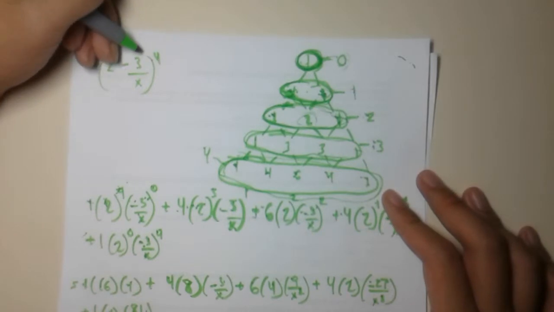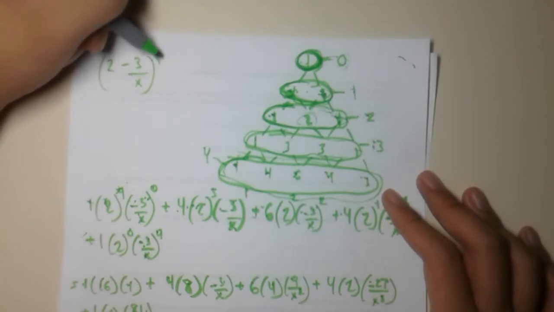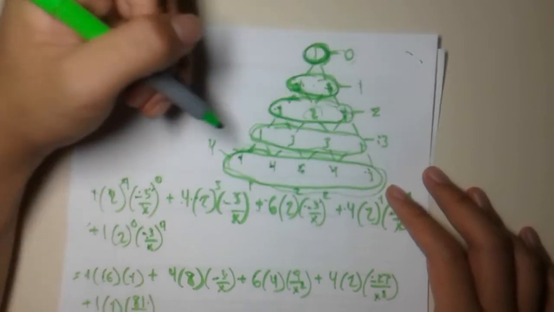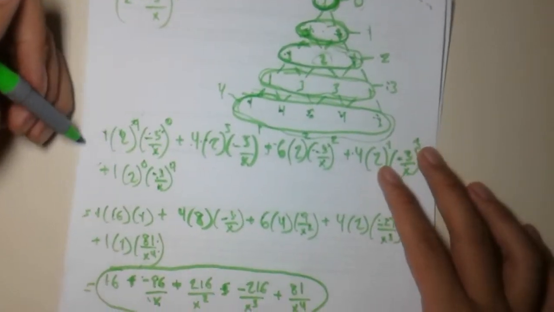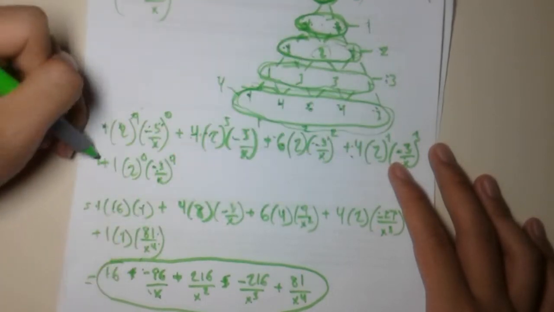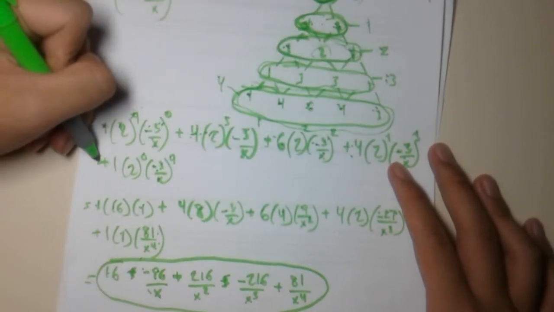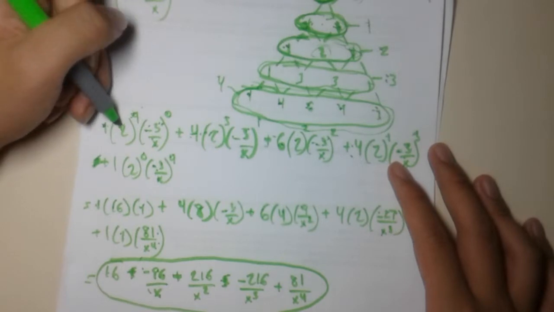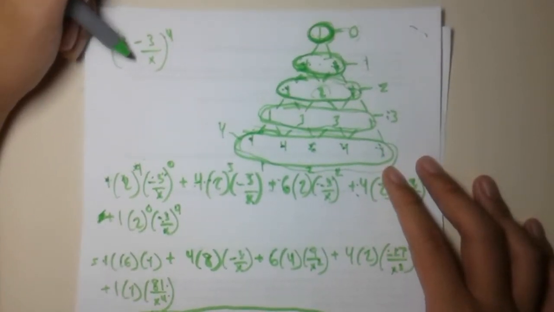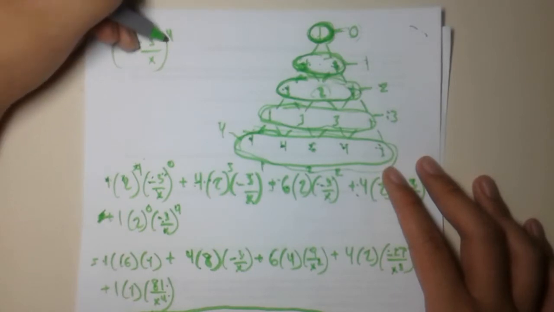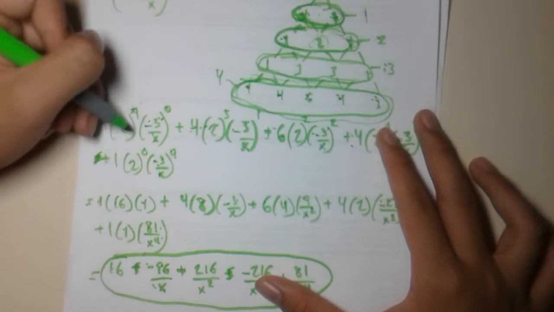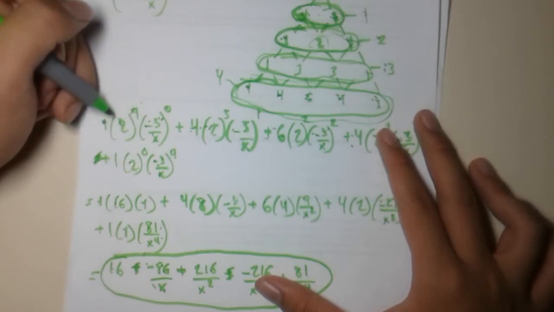Since we have to determine binomials to the power 4, we use these coefficients: 1, 4, 6, 4, and 1. So 1, 4, 6, 4, and 1. We start the first term with the highest power, which is 4. So 2 to the power 4, and after each